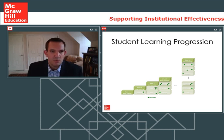So the concepts that you present in week 1 are then necessary for information that's going to be covered in week 2, and so on and so forth. So it's the stair-step type of pattern. An example